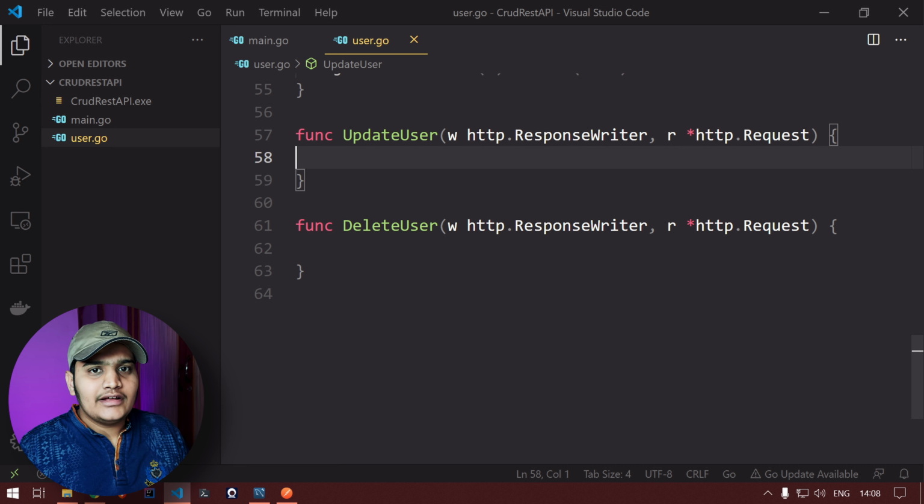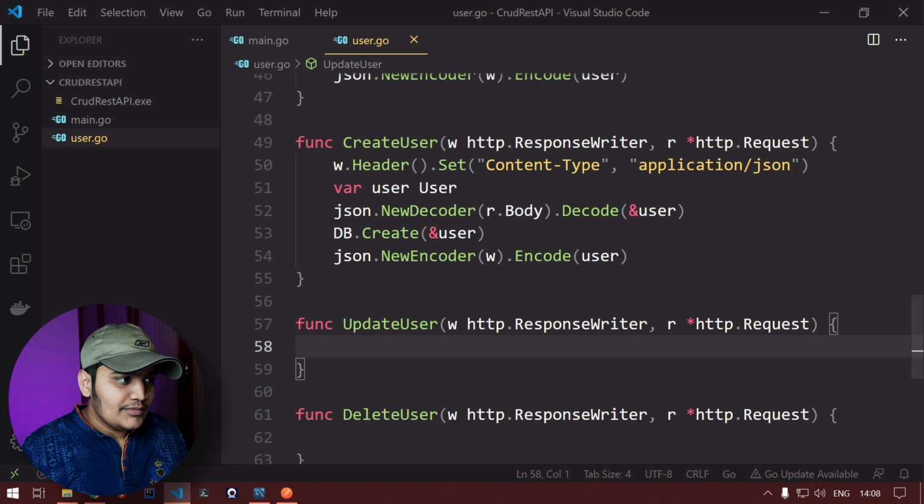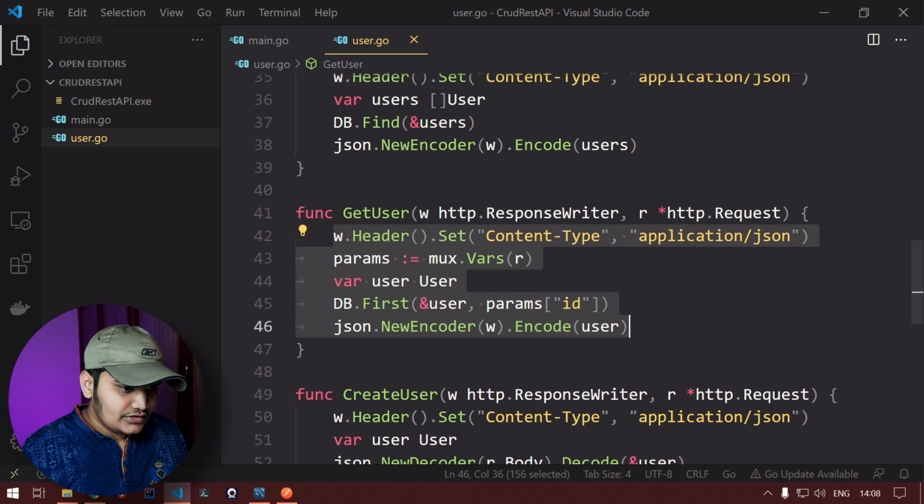For the update method, we will do something similar to the create method and the get method. Whatever ID we are passing, 1 or 2 or 3, we will get the data from the database itself, and we will update it with the new values that we are passing in the body. So let's go ahead and copy the information from the get itself. These are all the things that we want.